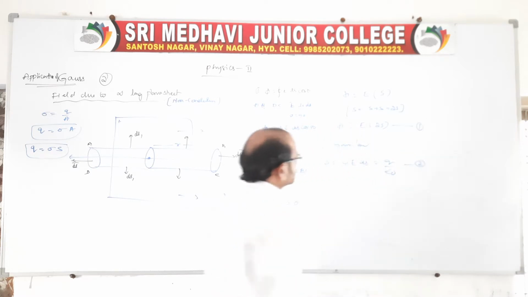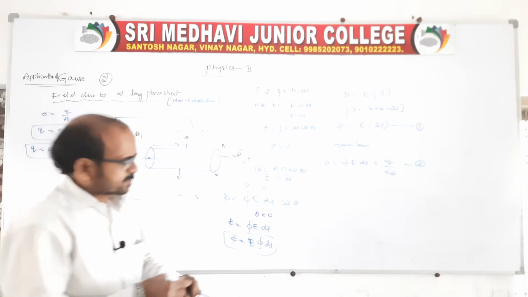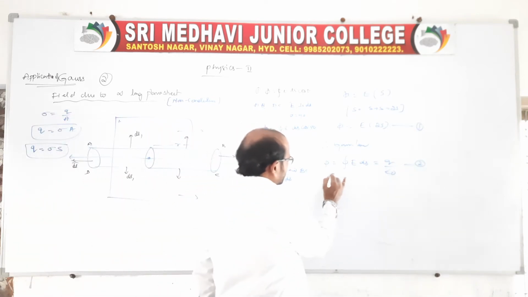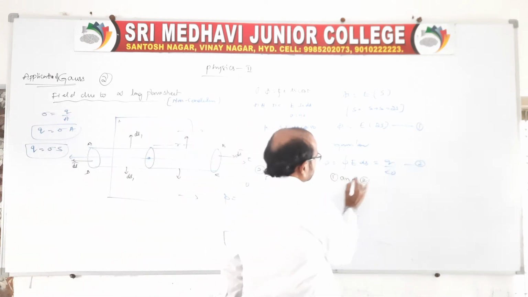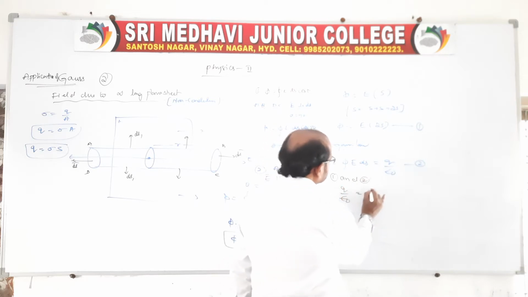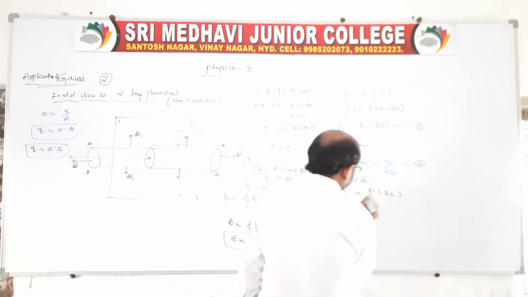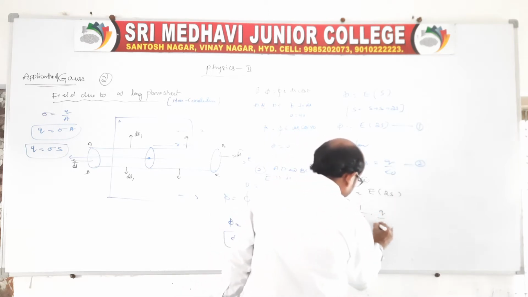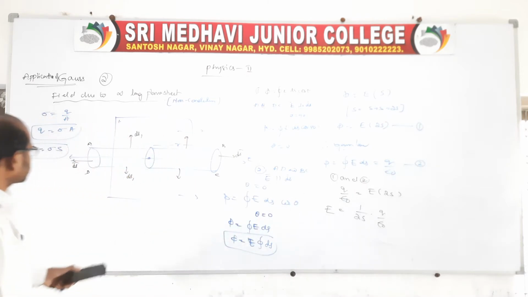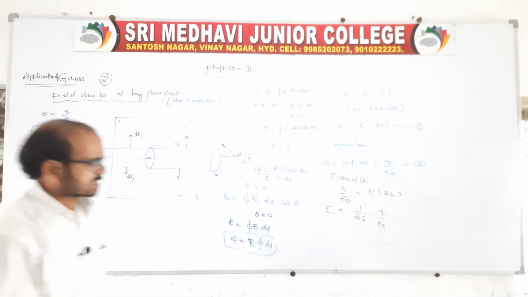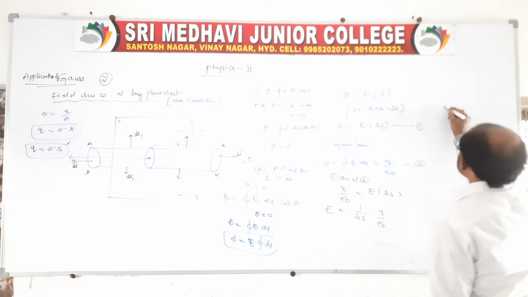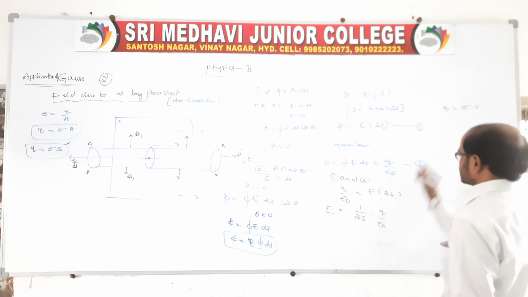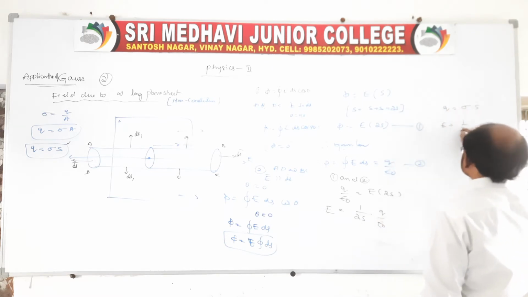Equation 2. Now equate these two expressions, from 1 and 2, that is Q by epsilon naught is equal to E into 2S. Therefore, E is equal to 2S into Q by epsilon naught. But we know Q is nothing but, according to the surface charge density, Q is equal to sigma S. Now you replace this: E is equal to 1 by 2S into sigma S by epsilon naught. So this is cancelled. E is equal to sigma by,